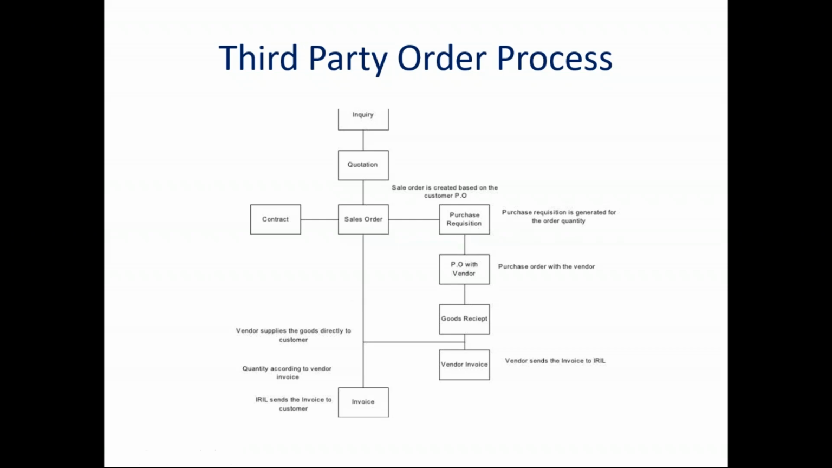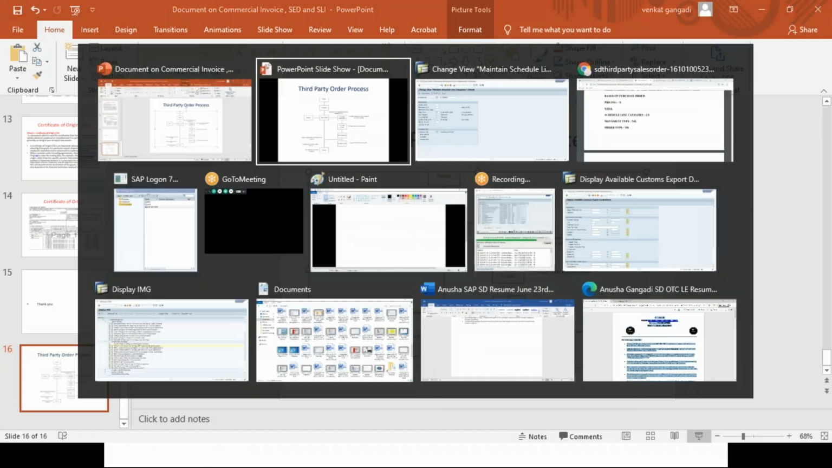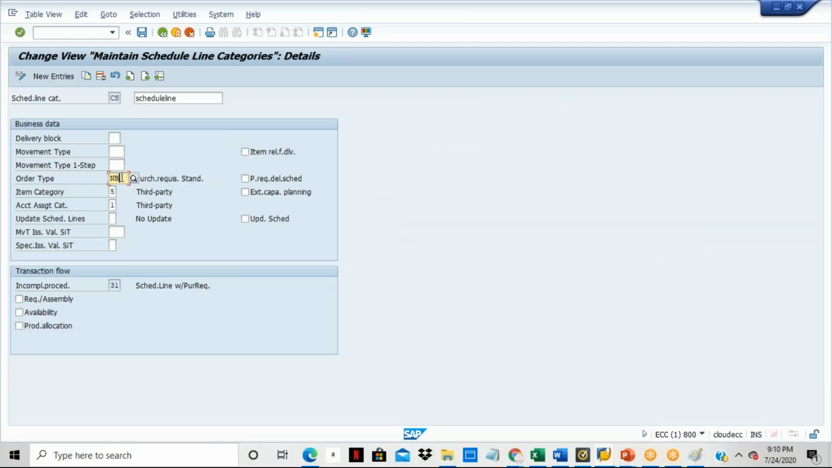Okay. So if you want to create a purchase requisition, then you need to tell the system what the document type for the purchase requisition should be, right? What should be the document type for the purchase requisition? That's why you need to specify the order type, that means purchase requisition type, and also you can specify